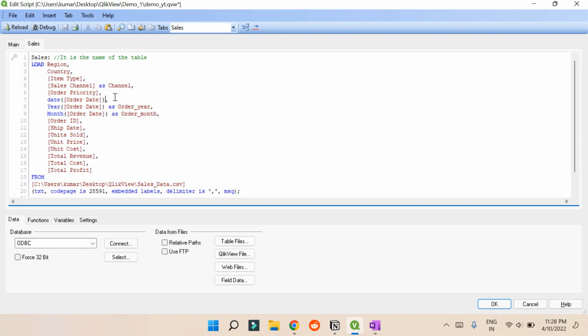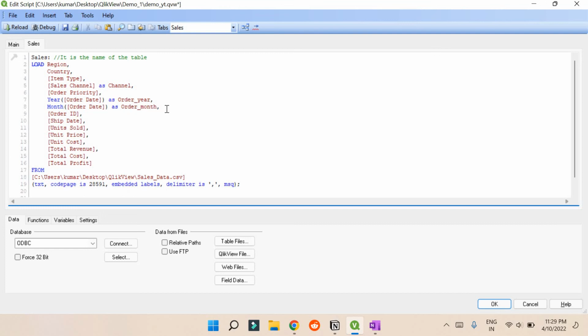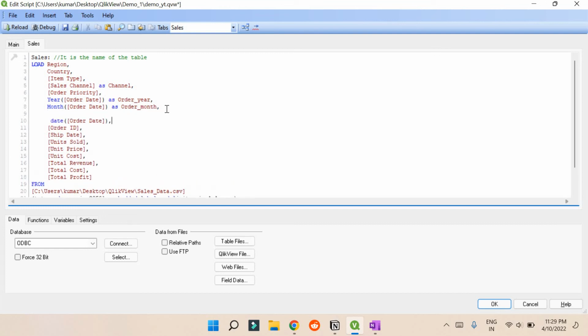Instead of writing it here, I can write it after this, and here I can do day of order date, with a double bracket, as order day,